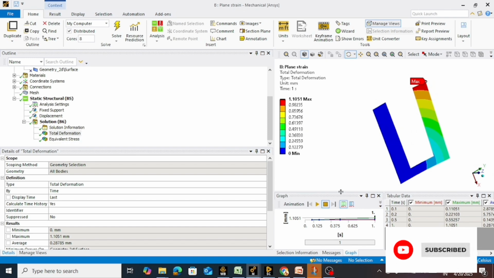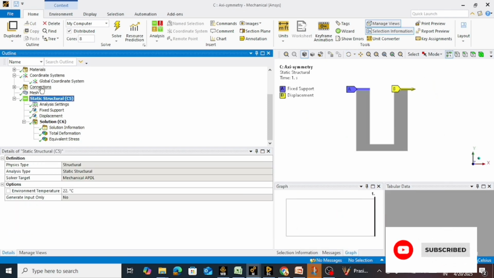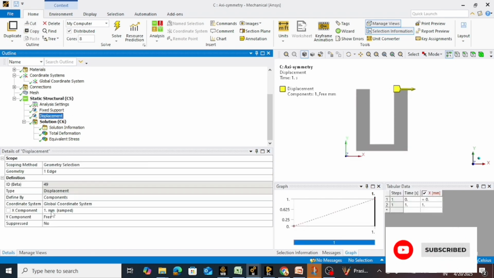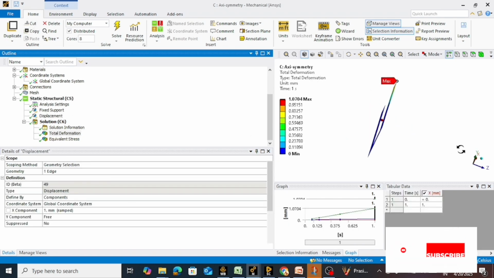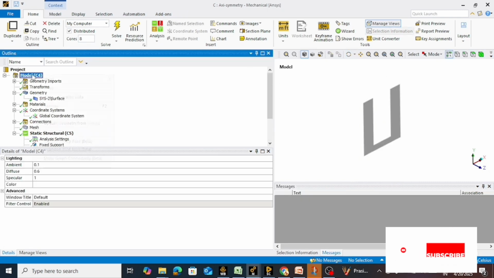Then we can go to the axisymmetric analysis. Similarly here also the connection and the mesh are generated, then fixed and the displacement is applied, and the displacement of the same 1 mm is applied here also. Now here you can see it is a 2D result only, but if you want we can see it in 3D. So you can go to model,